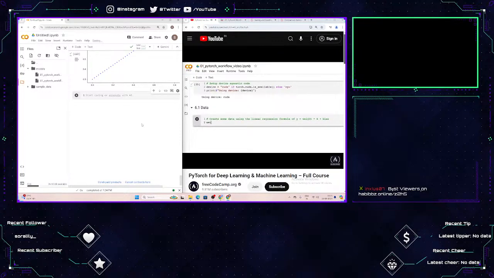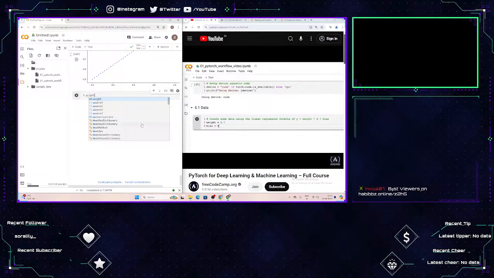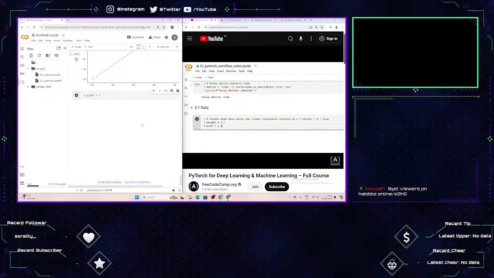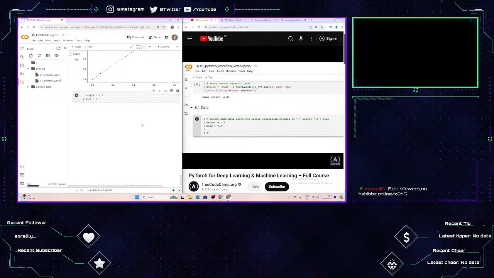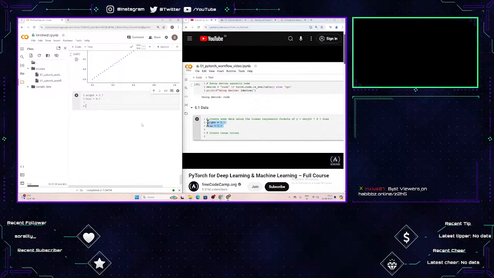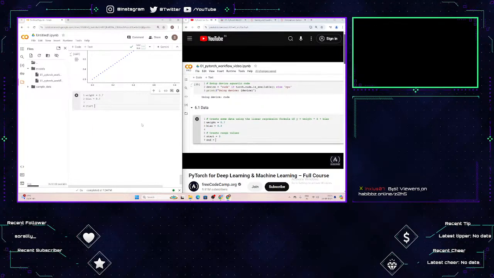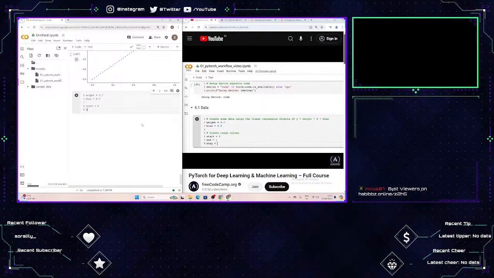So let's see this in code rather than formulaic examples. We're going to create our weight, which is 0.7, and a bias, which is 0.3. These are the values we previously used. For a challenge, you could change these to 0.1 maybe, and 0.2. These could be whatever values you'd like to set them as. The principle is going to be the same: we're going to try and build a model to estimate these values. We're going to start at 0 and end at 1, so we can just create a straight line,